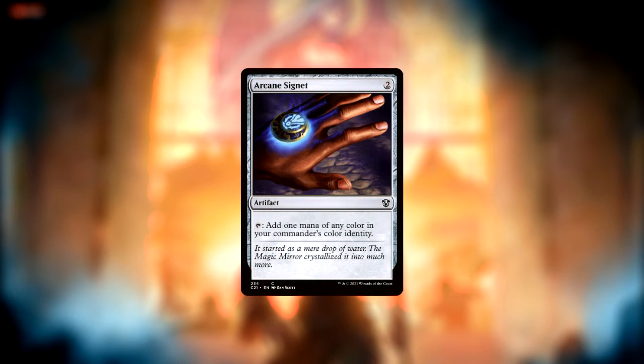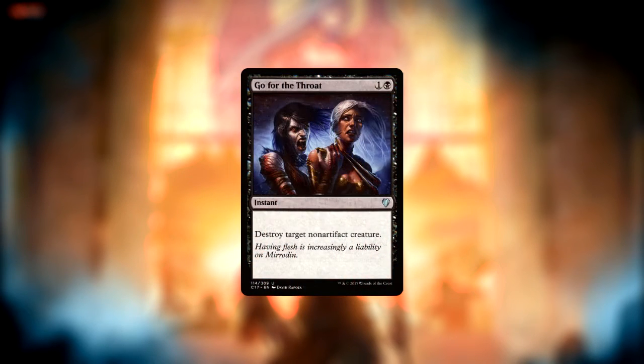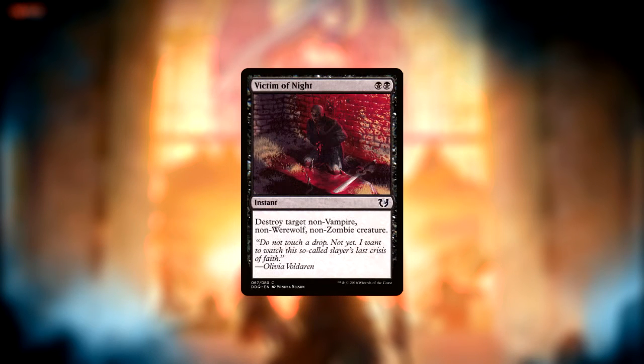Leave me alone. Our artifacts keep things nice and simple, as they are all sources of mana ramp. In addition to the earlier mentioned Crypt, we have Arcane Signet, Charcoal Diamond, Heraldic Banner, and Soul Ring. Being in black, we also have access to all manner of fun removal to keep our opponent's defenses low. For this deck, I chose Defenestrate, Go for the Throat, Price of Fame, Victim of Night, and Feed the Swarm